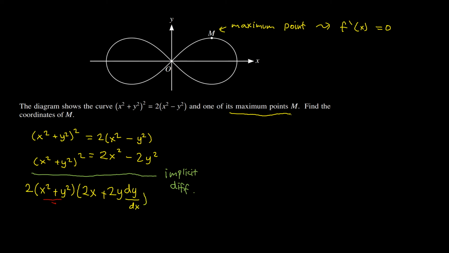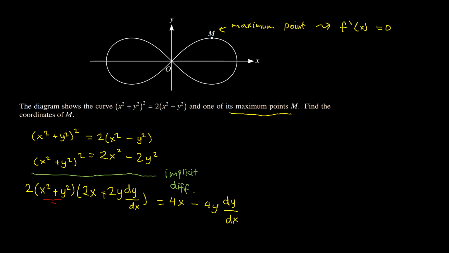This is for the left hand side, and for the right hand side we will have this one for x minus this one will be for y multiplied by dy dx. Okay, now we got the differentiation of this equation,